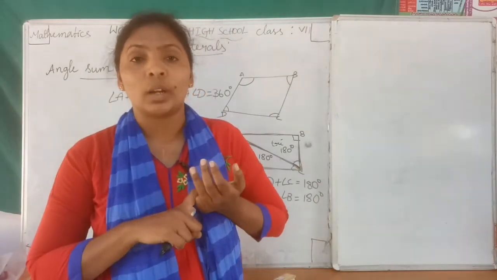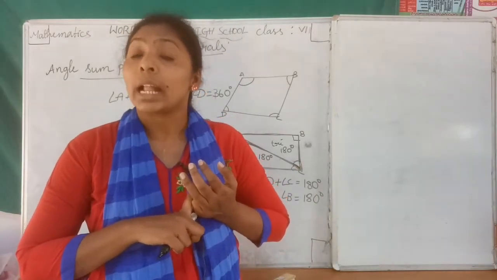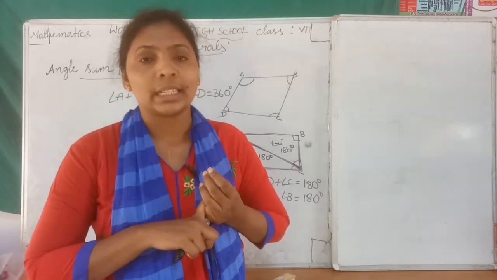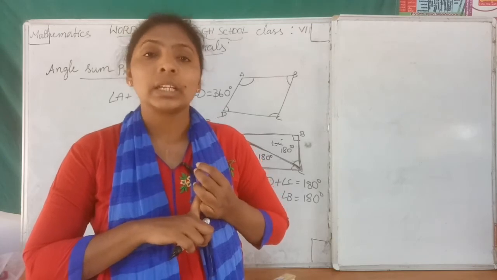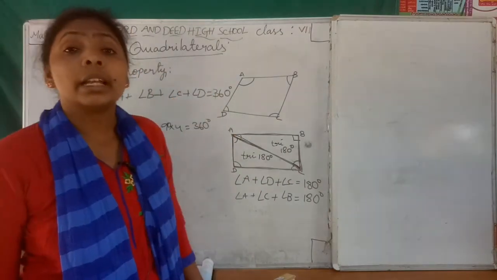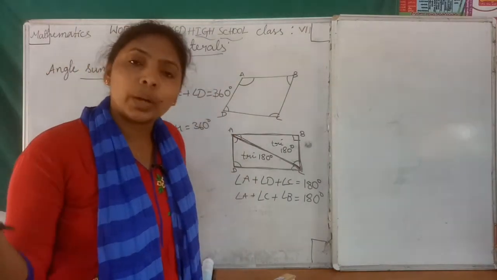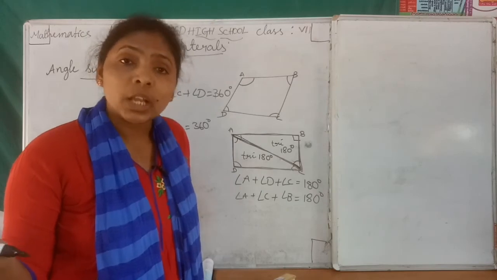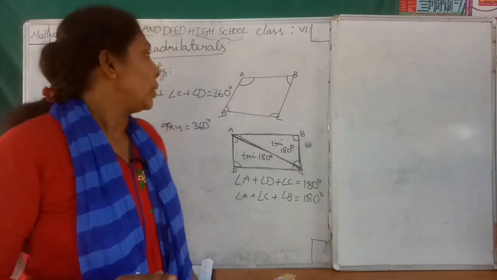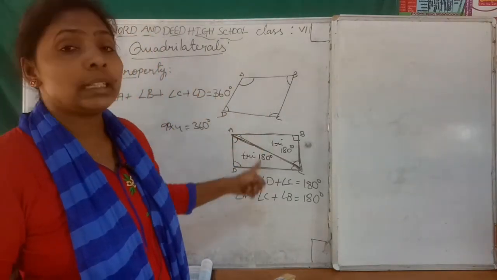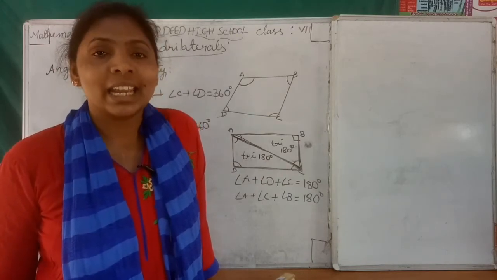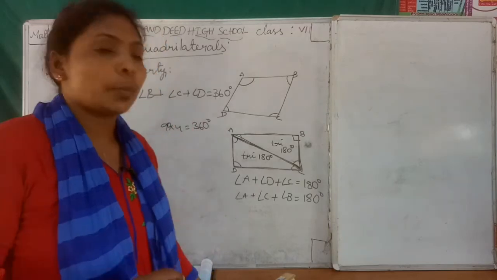So we have few types of quadrilateral, children. Suppose parallelogram, kite, trapezium, like 6-7 types of quadrilaterals we have, children. Okay, so next year we will discuss that one. Just this year we have introduction of quadrilaterals. So how can you identify the quadrilateral, children? It has 4 sides, 4 angles, 4 vertices. What is the angle sum property of a quadrilateral? Sum of the angles in a quadrilateral is 360 degrees. Okay, children? I hope you understand this class.